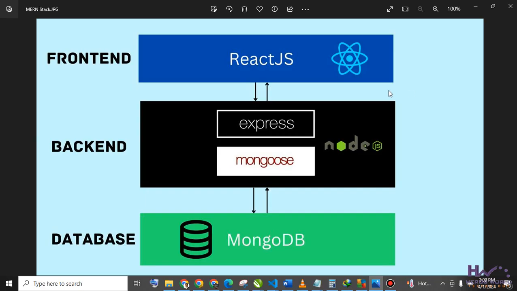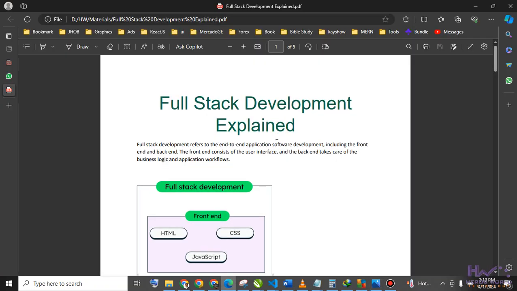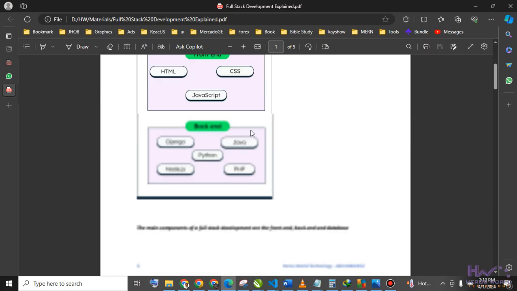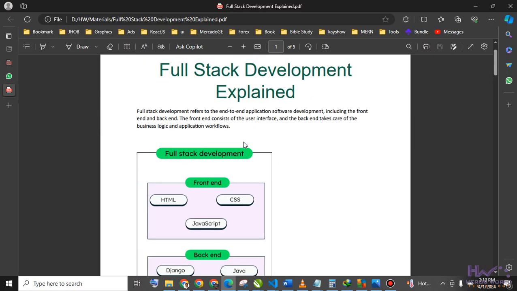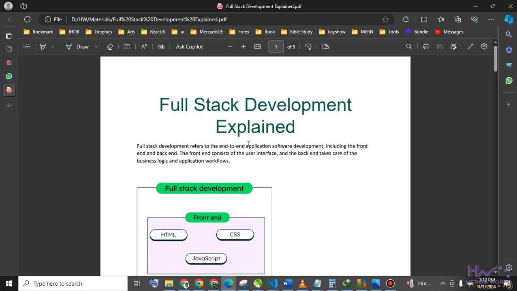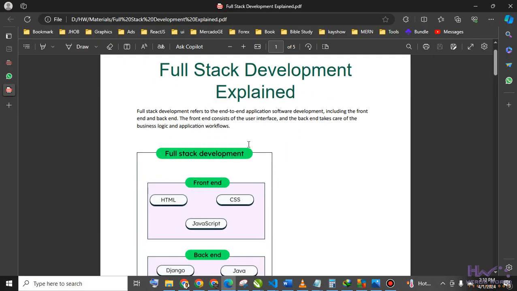And if you're in the group, I posted a particular PDF material here, which I asked every one of us to kindly go through to give us a clue of what full stack development is. I'll be doing a glance at this material also, and then we'll dive into the business of the day. I know some of you are new to programming, new to web development, even new to tech